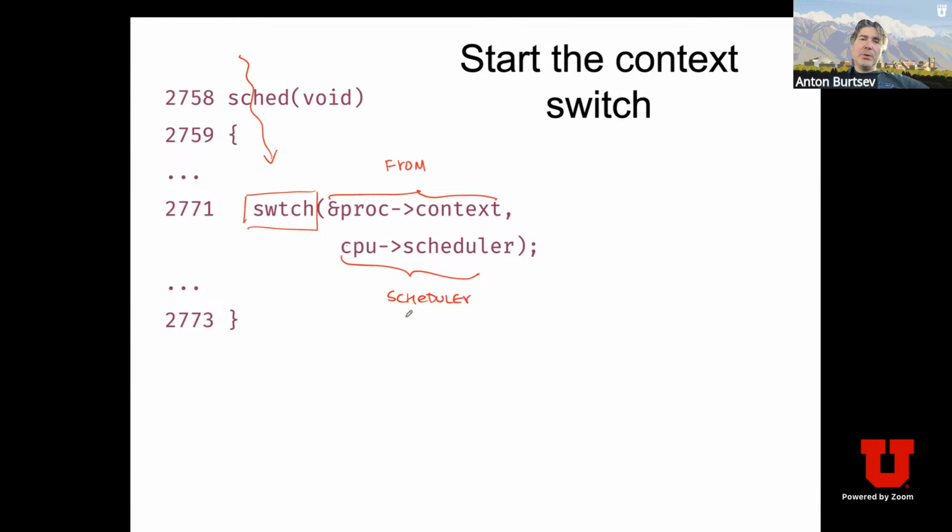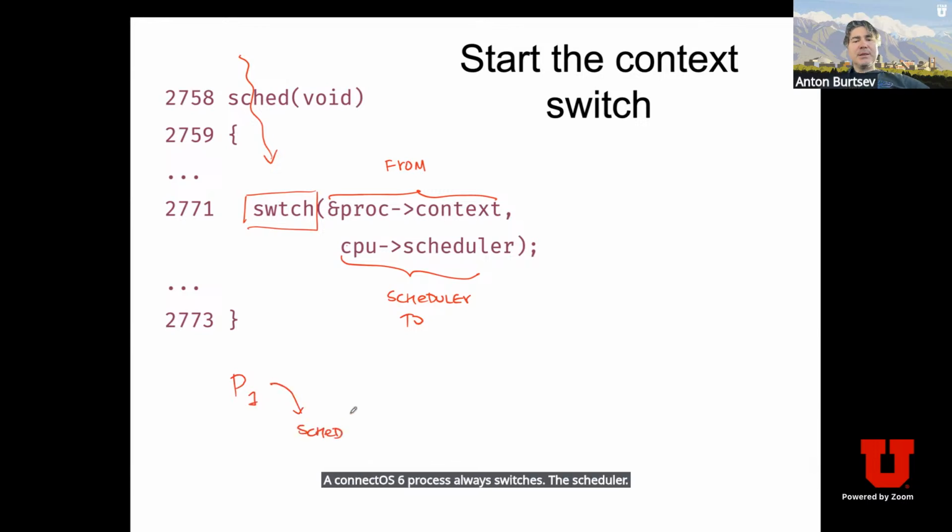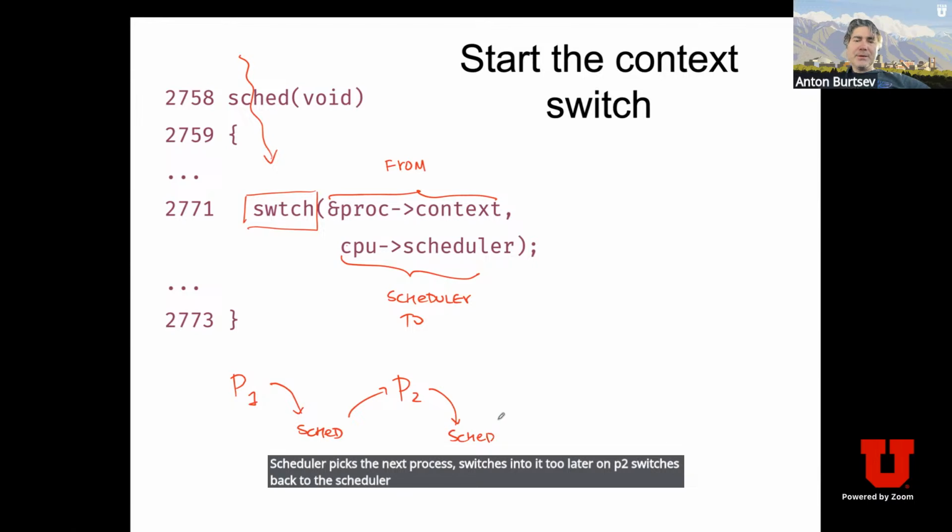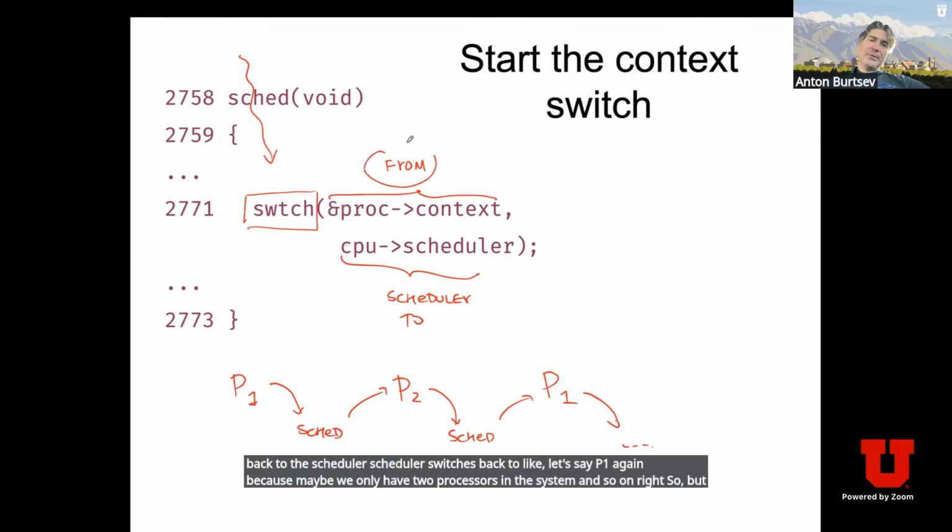So this is our P2. Like in xv6, a process always switches to the scheduler. The scheduler picks the next process and switches into it, P2. Later on, P2 switches back to the scheduler. The scheduler switches back to, let's say, P1 again, because maybe we only have 2 processes in the system, and so on, right? But the key point is that this is from, and this is to, and nothing else